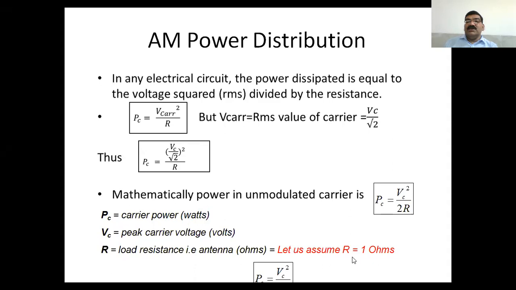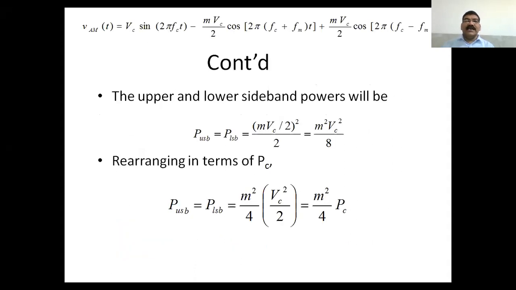If we consider the resistance equal to 1 ohm, then this formula can be reduced with R equals 1. But in some cases the resistance is mentioned, and then accordingly we have to keep the value of the resistor. If the value of the resistor is not given, then we can keep it equal to 1. That is the standard. And this is the formula we discussed in the last lecture: the carrier frequency FC, FC plus FM, that is the upper sideband, and FC minus FM, that is the lower sideband. So both the frequencies are mentioned here.